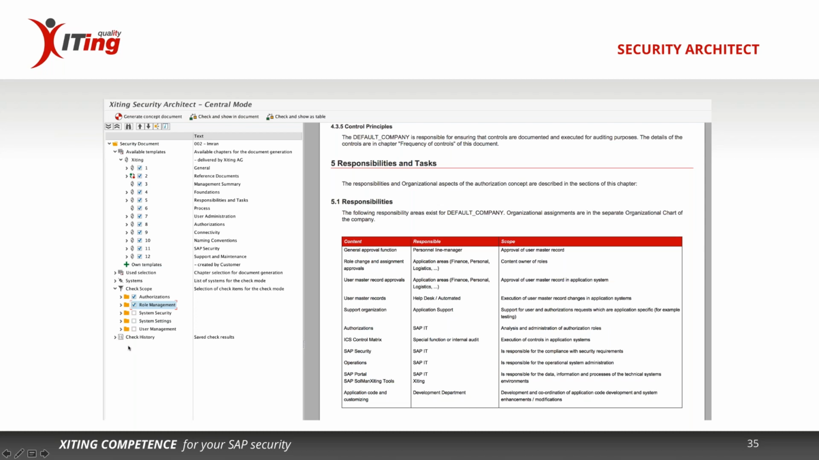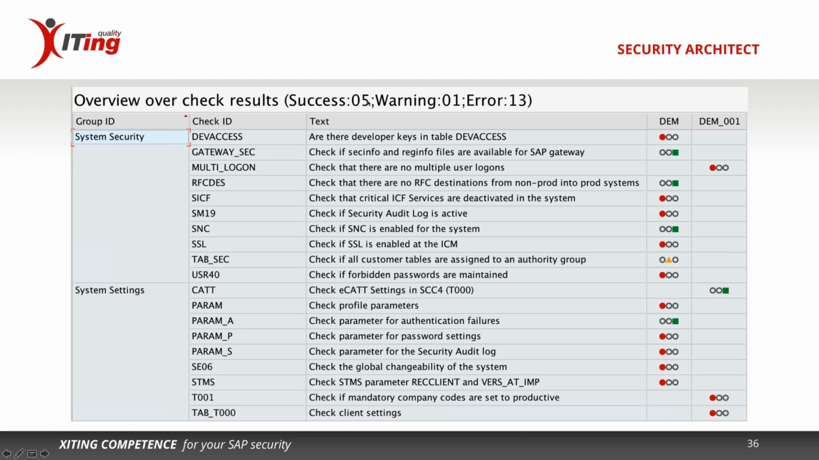We certainly keep a check history, and that allows you to compare previous checks, so you can see if you have improved between the audit last year and this year. And the test results we can show you in line with the document, so you see the context of that particular check, or you can show it as a table. And I'm going to show it to you as a table. I think I have some system settings here